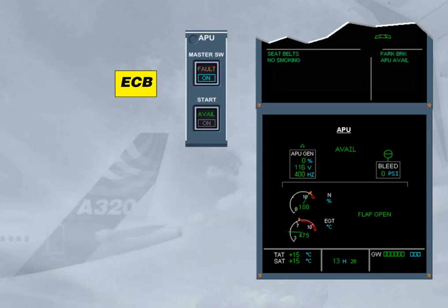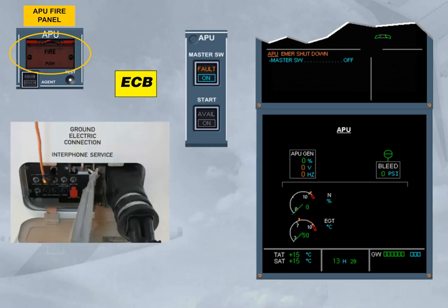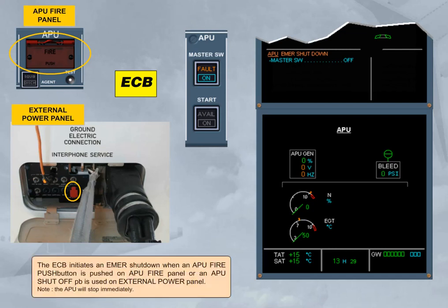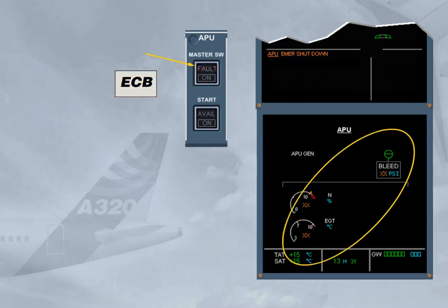The ECB initiates an emergency shutdown when an APU fire push button is pushed on the APU fire panel, or an APU shut-off push button is used on the external power panel. Note: the APU will stop immediately. Notice that, in both cases of shutdown, the ECAM action is to set the master switch to off, in order to switch off the fault light and to de-energize the ECB,